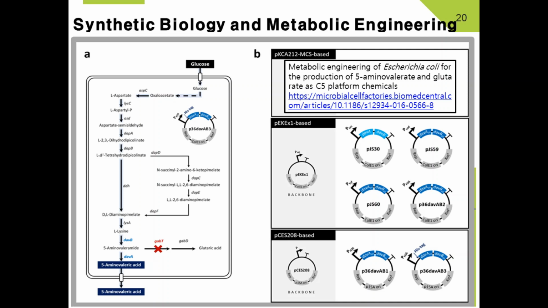Now when we have pCES208 with DAV-A in it, we can cut that plasmid with NotI so that we can add the DAV-B gene fragment, which has NotI, another RBS, and then DAV-B, and then NotI.